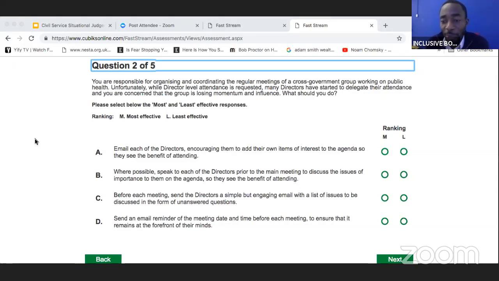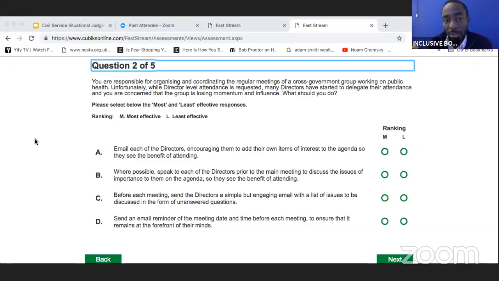Okay, we have a yes, but let's hear it. Is it time efficient? What would you say is more time efficient? I see what you mean. So you probably think it would take about half an hour to send an email to everyone, which is understandable compared to the time you would spend, say it might take you 2 hours to ring people. However, going back to the question, the key things to notice in the question are director level attendance is